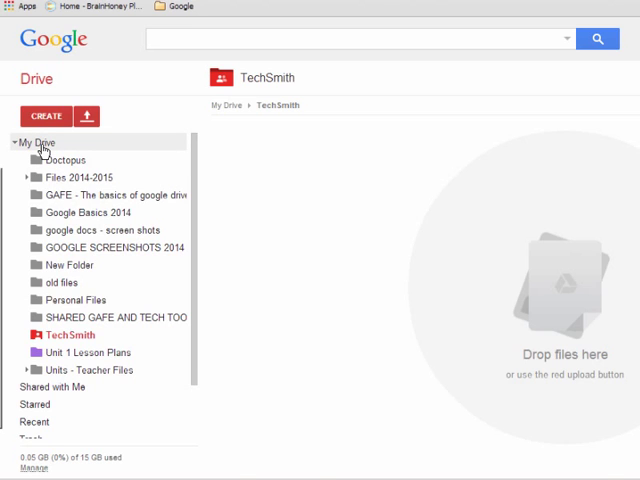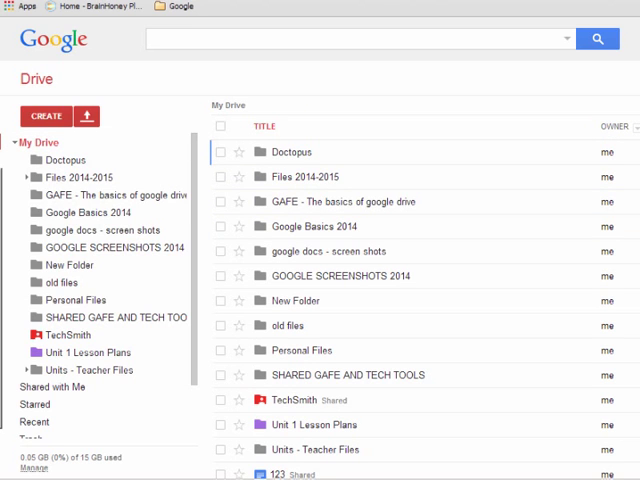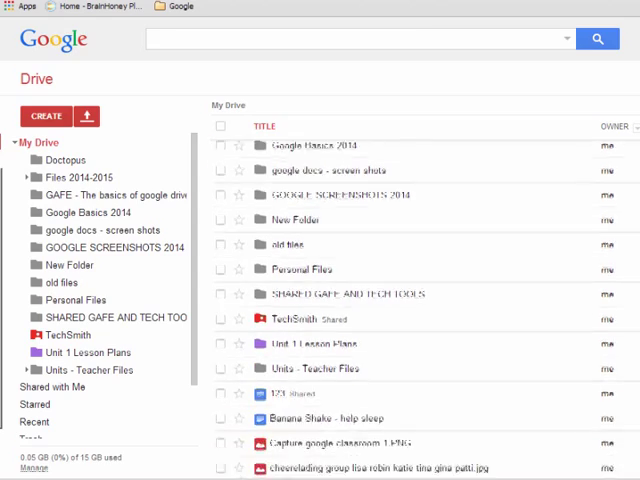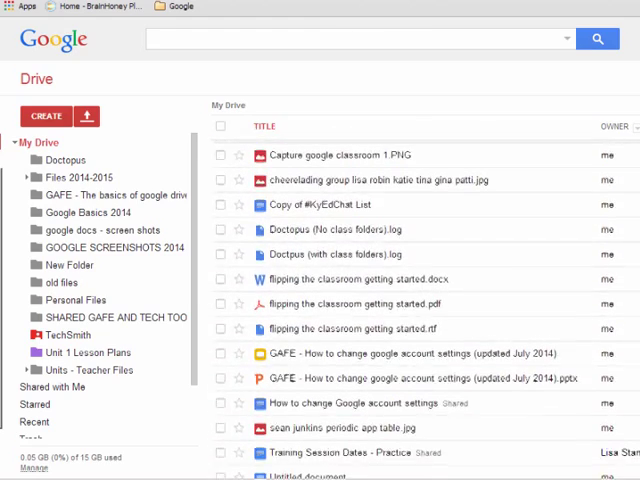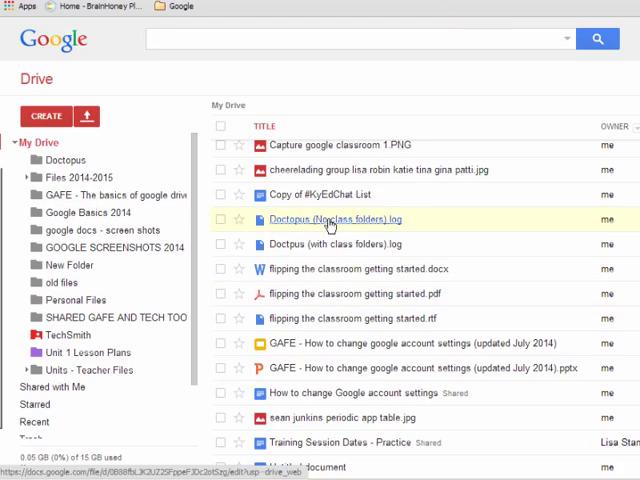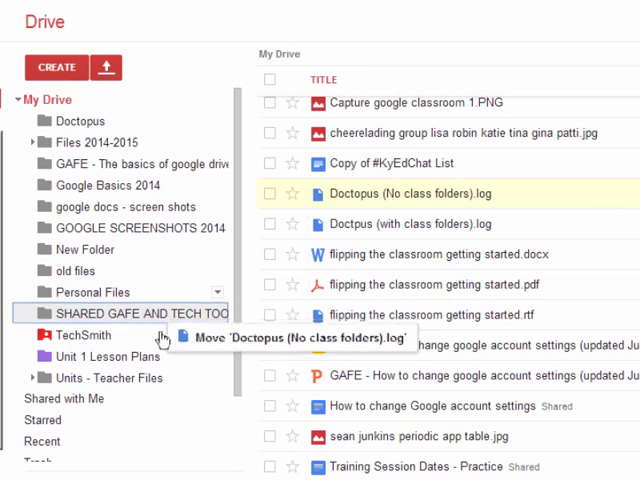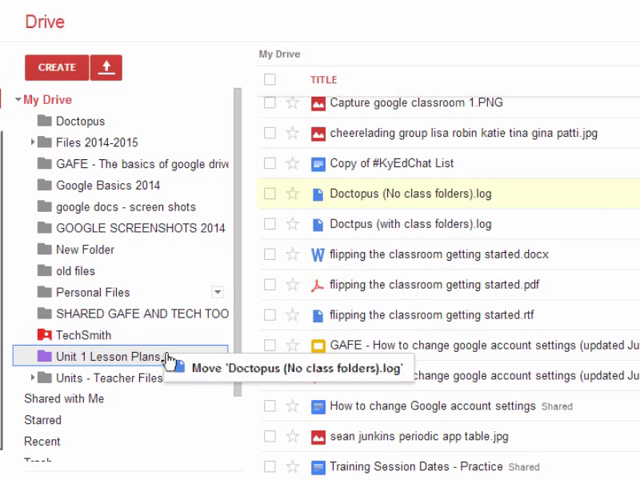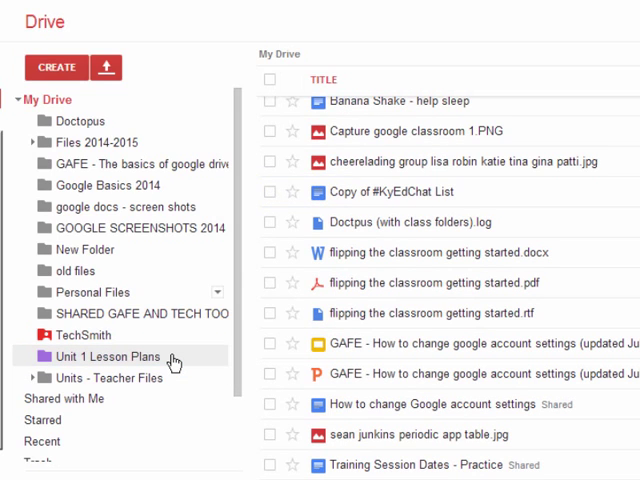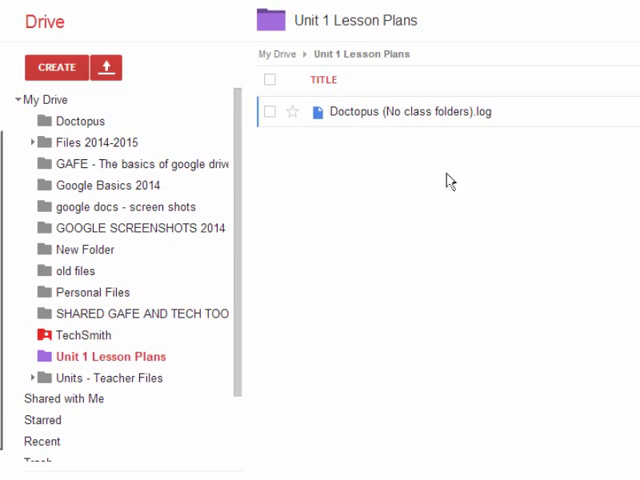I'm going to go back to my drive, and I'm going to find something that I want to put into my Unit 1 lesson plan folder. Once you find a document you want, you can just drag it and drop it right into that folder. So I could go ahead and drag it and drop it into my Unit 1 lesson plan folder. I'm going to go ahead and do that so you see what that looks like. So you can drag and drop. If I click on Unit Plan Lesson 1, I'm going to see that I dragged that document and dropped it